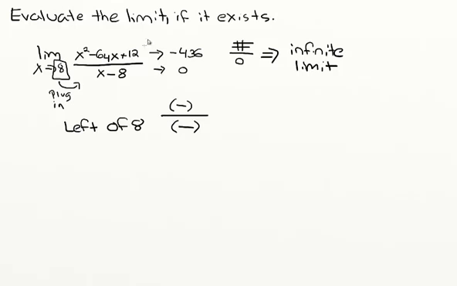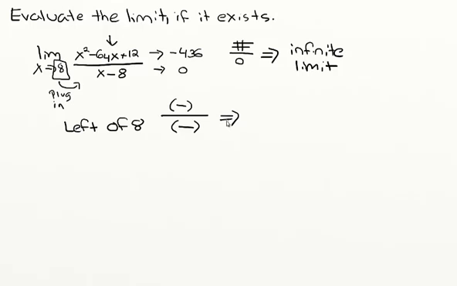Now you can just spot that that's going to be because 64 times a number very close to 8 is obviously going to be way bigger than that number squared. So when we subtract them, we're going to get something negative. If that strategy makes you a little bit uncomfortable, you can plug in a couple test numbers very close to 8 in your calculator and see if they're positive or negative. However, you're going to want to make sure that those numbers that you plug in are very close to 8,